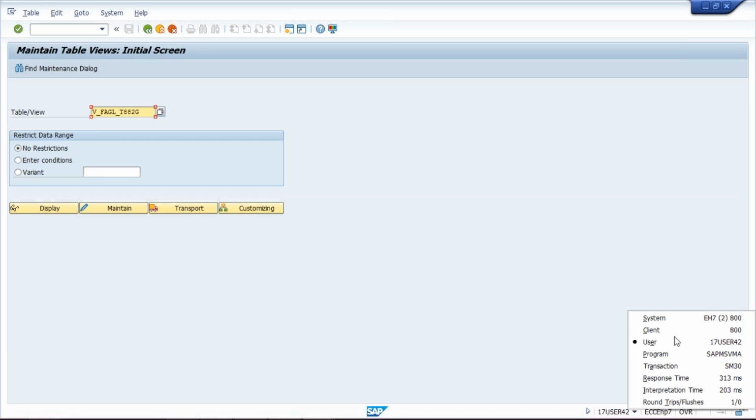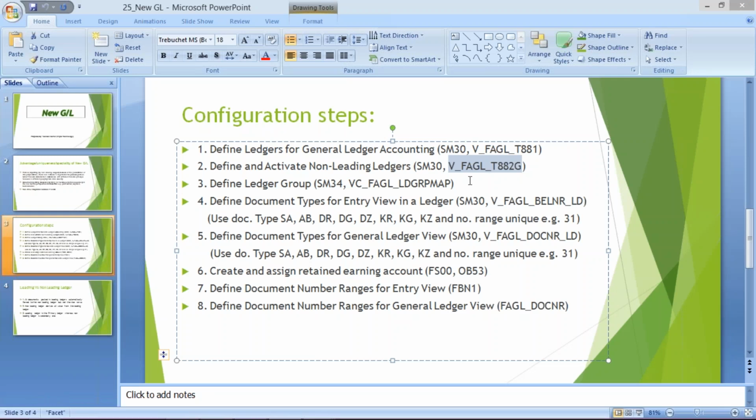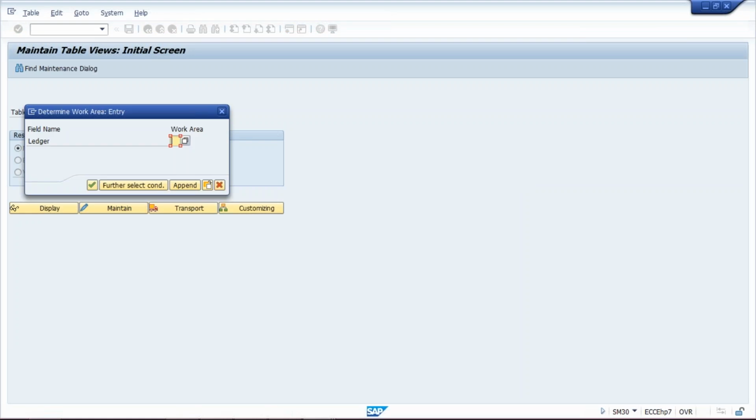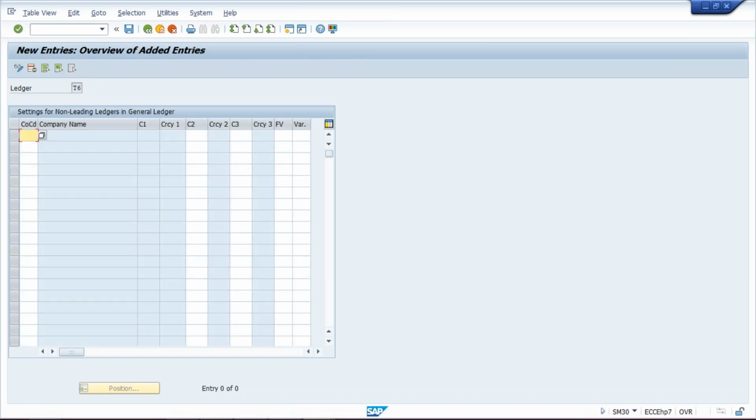See here, I'll just show you guys the transaction code. We are already in SM30. So in table view, instead of the first one, I just pasted this one here and then click on maintain and give your newly created non-leading ledger, that is T6, and press enter. Click on new entry. Now give your company code TM10,